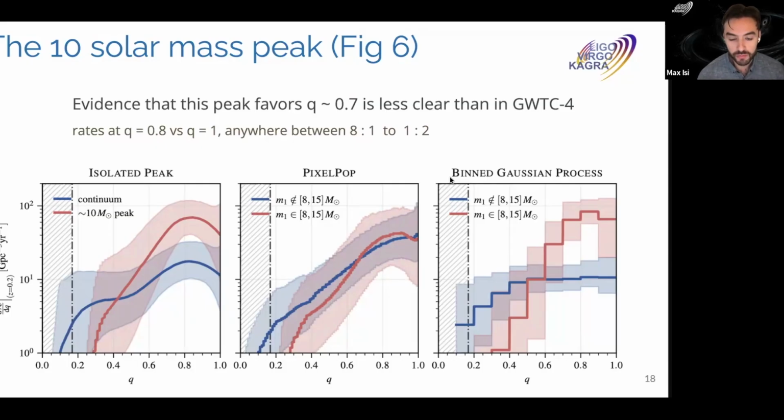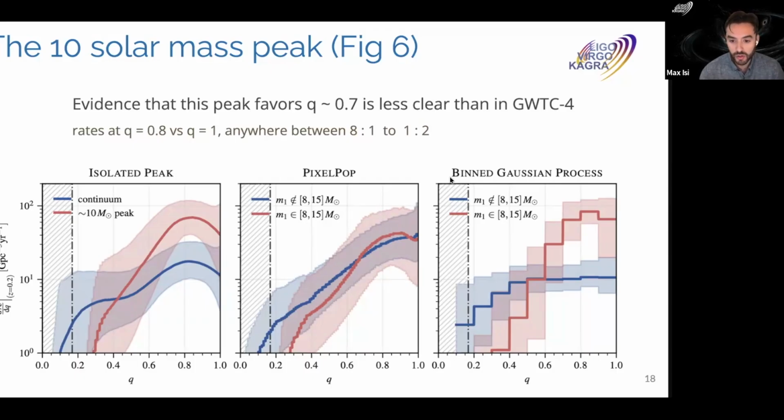In GWTC5, with this latest data and our updated models, this preference can still be allowed, but we have less assertive evidence in favor of it. So the GWTC5 data, while it can accommodate such a preference for q equals 0.7 in this peak, does not require it. And we see this result through a variety of models, and primarily on the left-hand side, we